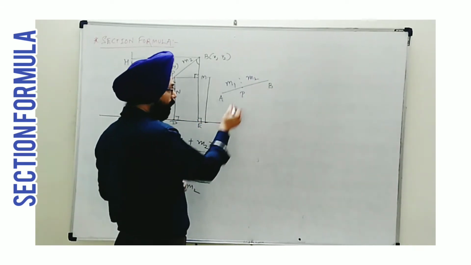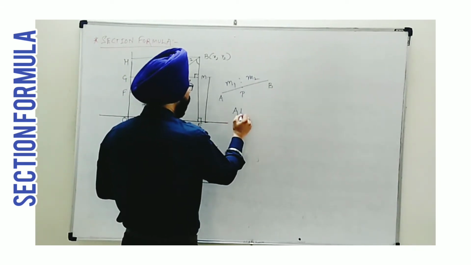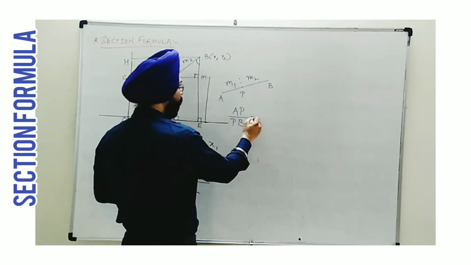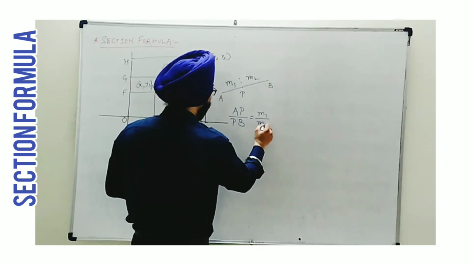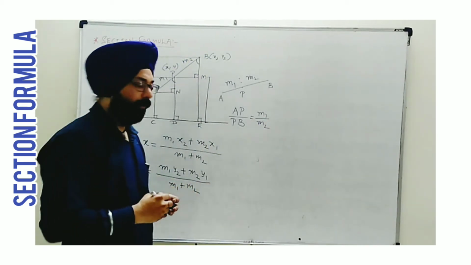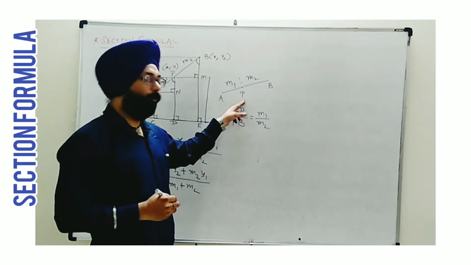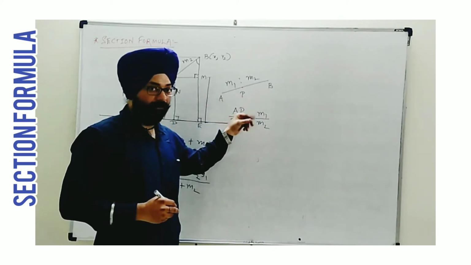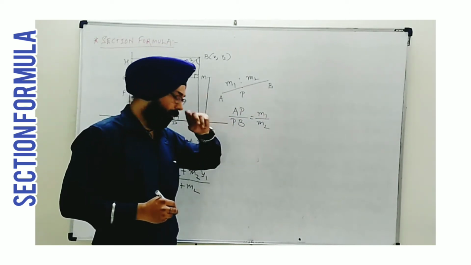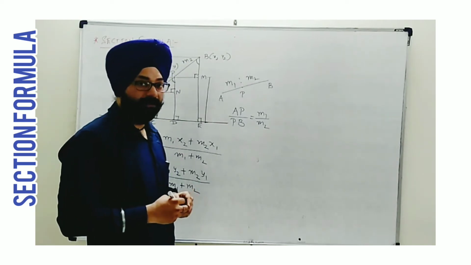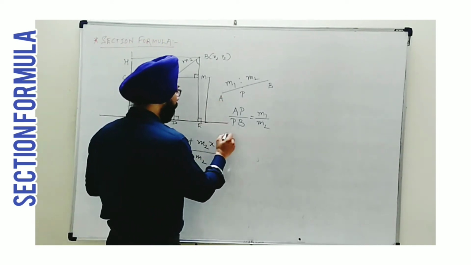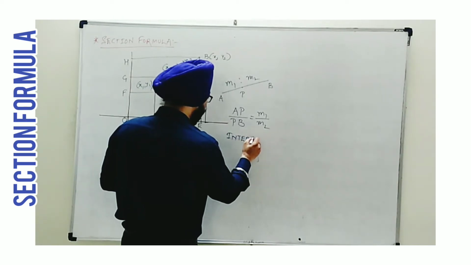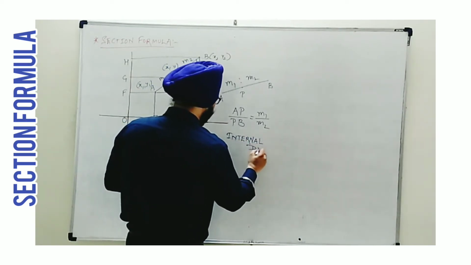What is M1 M2? Let's think of it. Actually, we can write that AP upon PB, when their lengths are taken in the form of ratio, we will find M1 upon M2. Okay. Now, with respect to P, we are dividing line segment AB. P lies somewhere between A and B. So, such a division by P is known as internal division. We say this is internal division.